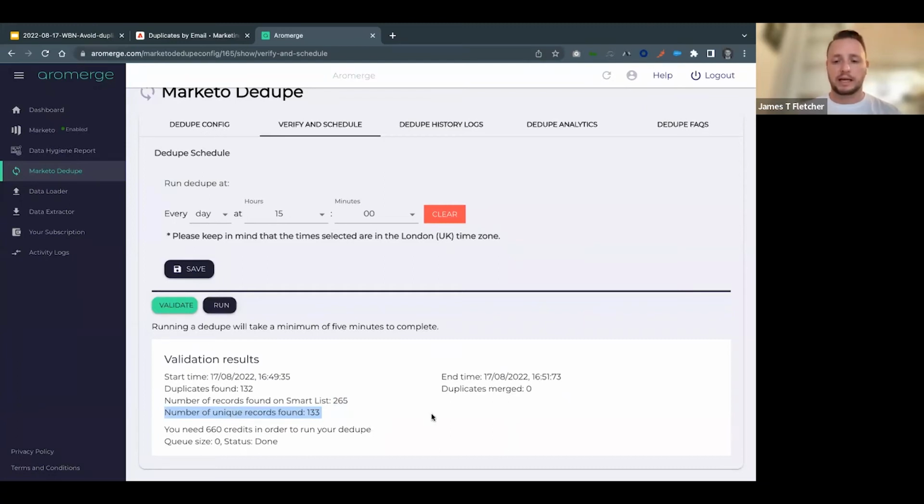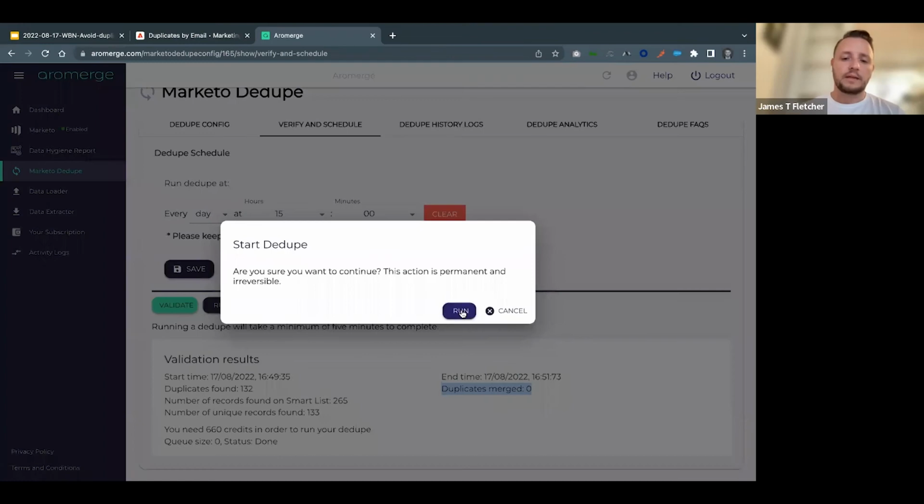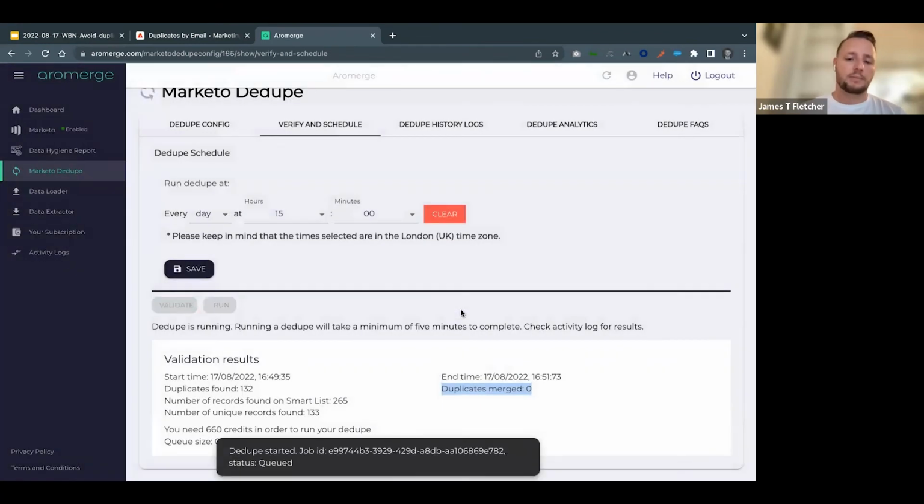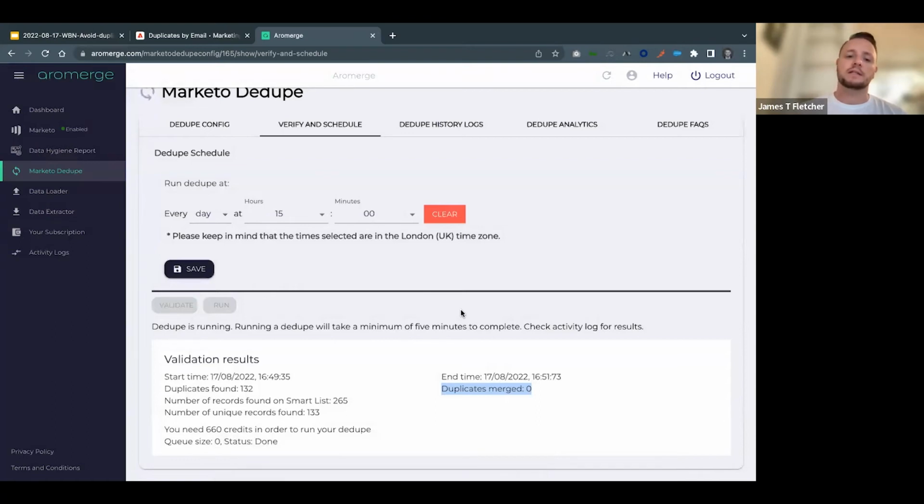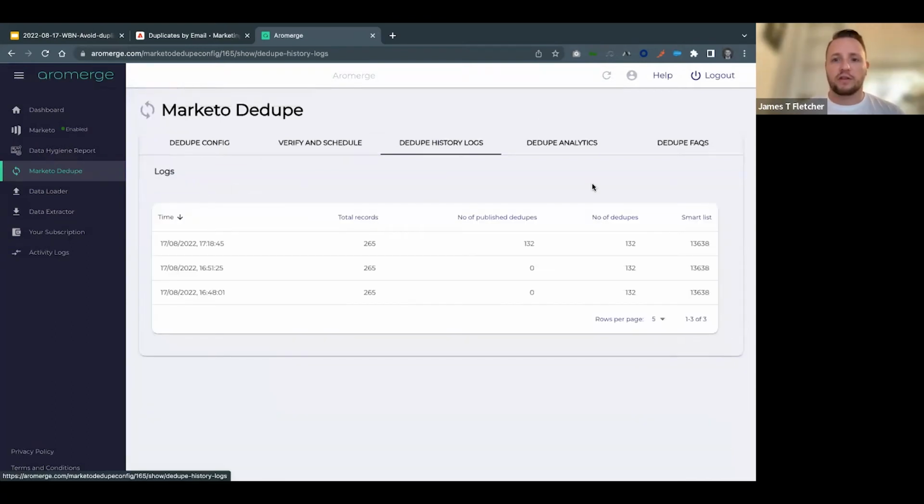But ultimately, what we can see is if we go and run this deduplication report, we will then get a report back of how many duplicates will be merged. In this scenario, because I've run a validation, I get 0 duplicates. Now, if I click run now, this will go away to the API and will take around 5 minutes to complete the full activity. So you'll see here on the dedupe history logs, we've got an identified number of records,